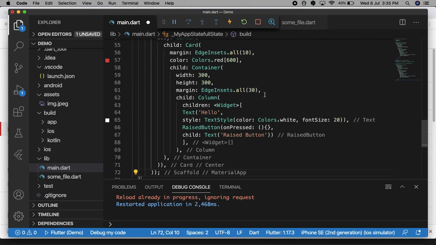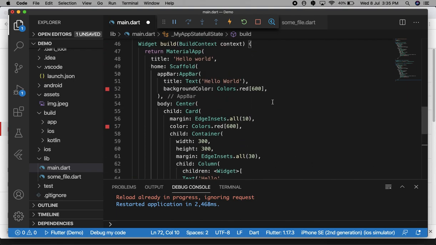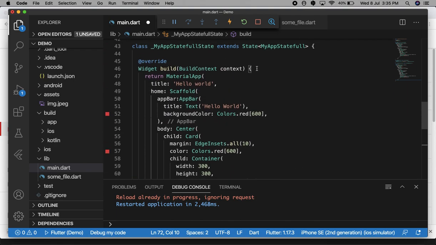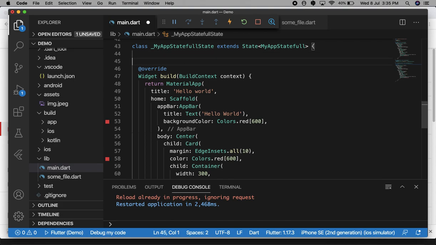For that, first we will create a variable, like I'm adding a counter here with default value 0. Whenever the state of the widget changes, this counter will be increased.